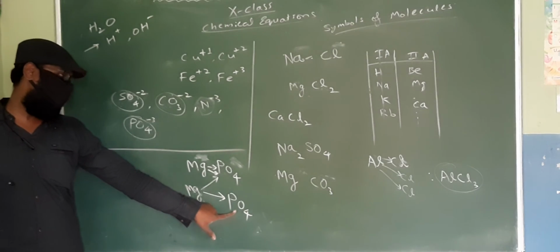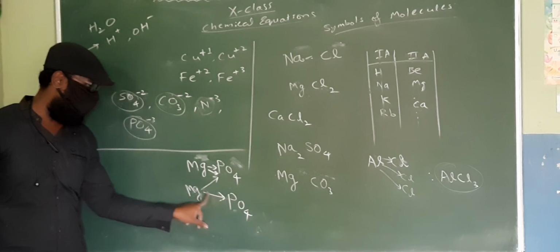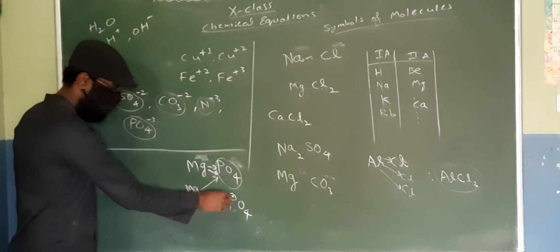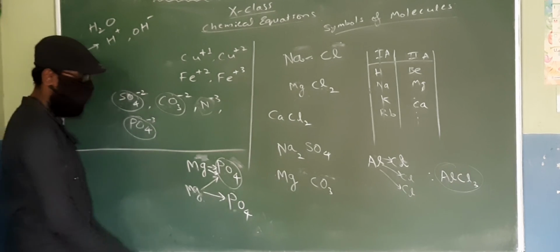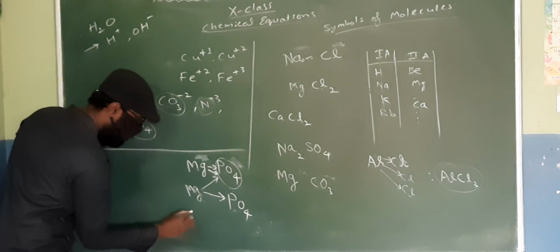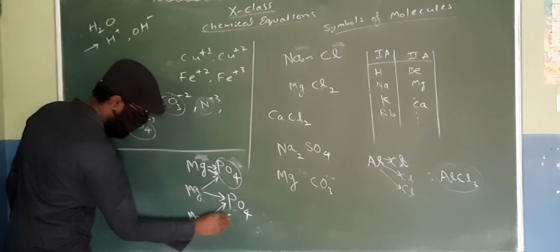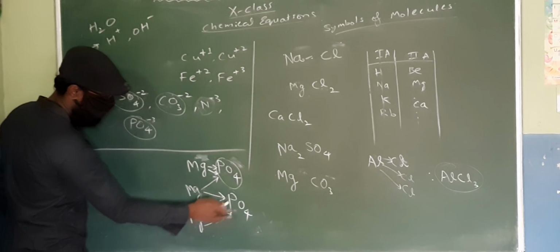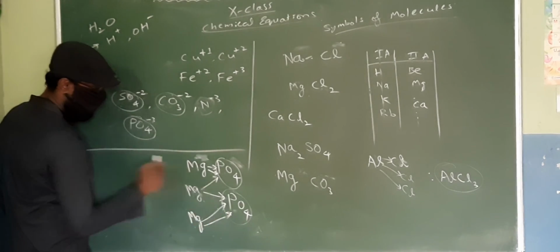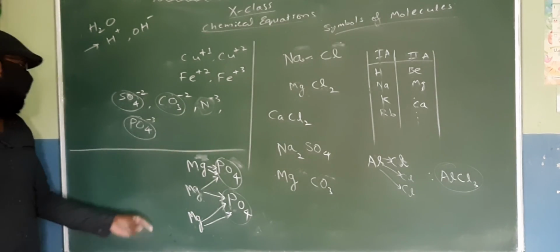The phosphate is not happy because phosphate wants 3 electrons. This phosphate got 1 electron only. This phosphate is happy, it got 3 electrons. Now this phosphate needs 3 electrons, but it got only 1 electron. Then what will happen here? Another magnesium will come. Now magnesium wants to give 2 electrons. Now this magnesium is happy because it has given 2 electrons. Look at this phosphate now. How many electrons did it get? 1, 2, 3. Therefore this phosphate is also happy now. It's got 3 electrons.